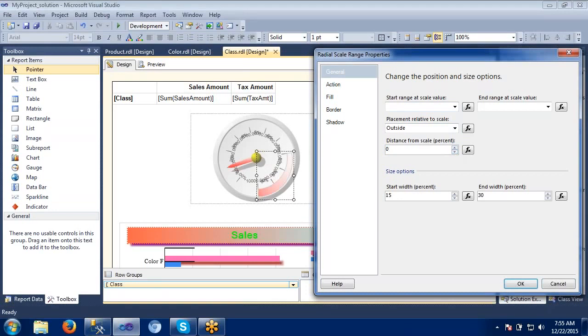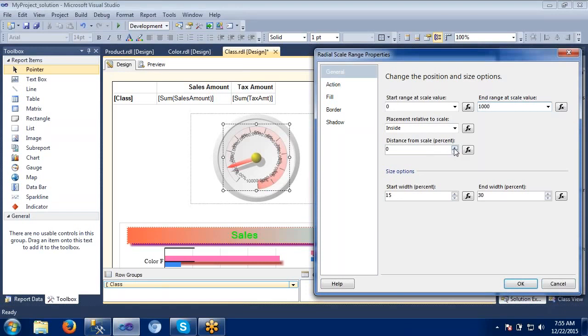See this one. So this is how, if you make it outside, it will be displayed like this. If you want to make a cross, it will go like this. If you make use of inside, then it comes inside here. Okay. So it is the start angle scale value. What is the scale value which you want to give? I will give 0 and this will give 1000. Like this I would like to specify here.